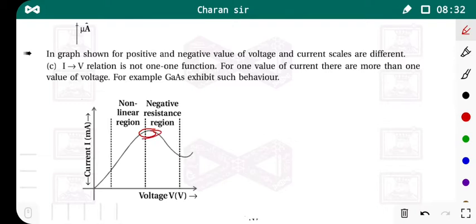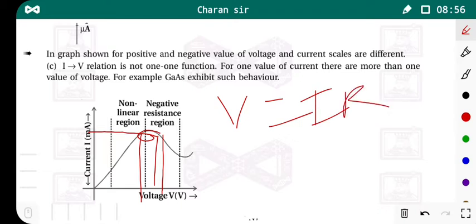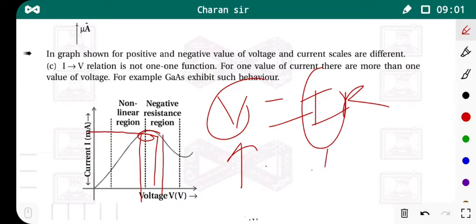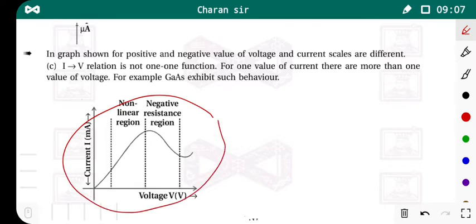So for this portion, you get a fixed current value, suppose I1. Here your voltage value can change. Suppose here you have V1, then when you go ahead that is V2 and V3. But approximately for this portion your voltage value is changed but your current value is fixed. That means this equation is not satisfied, because your voltage value is increasing but your current value is still constant. We can say that for this graph also Ohm's law is not satisfied, so this is also a limitation.